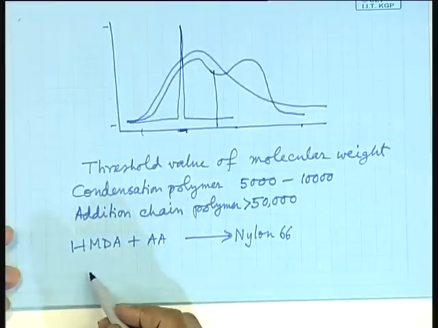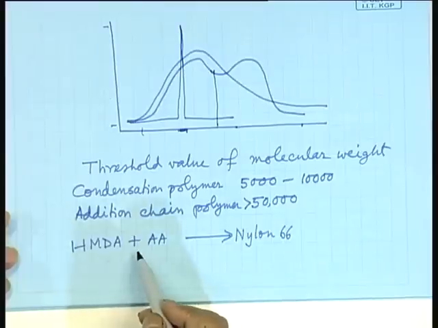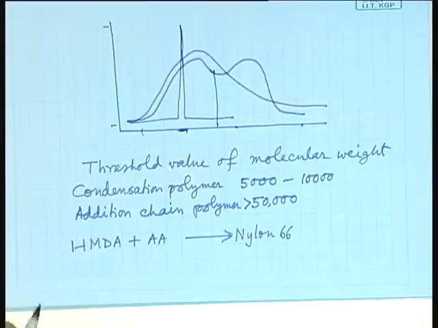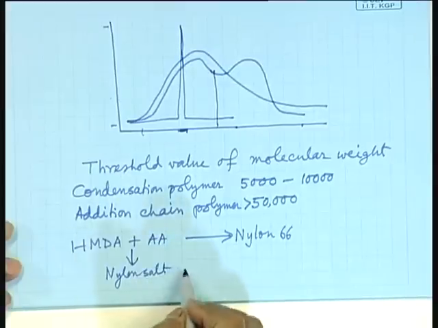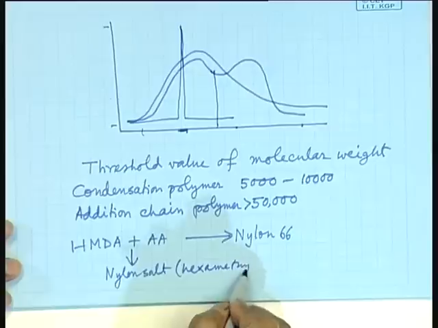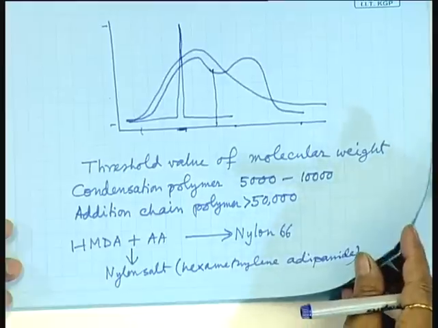Otherwise, stoichiometric control becomes a problem in nylon 66 synthesis, because somehow by weighing you can take a little difference, you can deviate from stoichiometry during weighing, there may be certain mistakes. So, it is very difficult to take exactly the same weight. So, in order to avoid that, you dissolve these two and mix these two solutions, and salt will be precipitated out, and that salt will be formed in a 1:1 molar ratio. Okay. So, this nylon salt, hexamethylene adipamide,